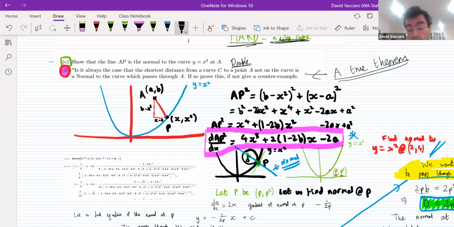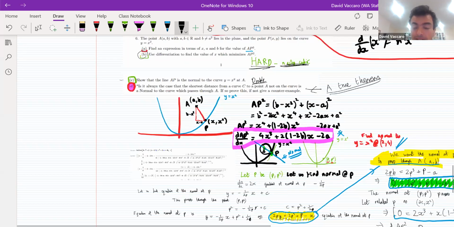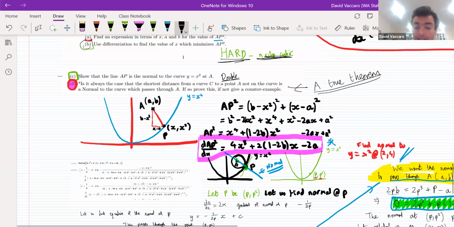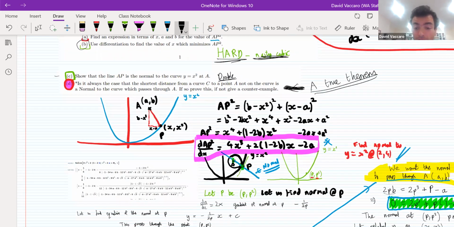Given suitable conditions, which I'm not entirely certain what they are. Okay. Noticing the difficulty of proving it just in the case of y equals x squared suggests that this is quite a nice challenge. So if you really want a challenge, maybe don't try and prove the general theorem straight away, but see if you can prove it for y equals x cubed, y equals x to the 4, and then maybe get a proof for at least the general